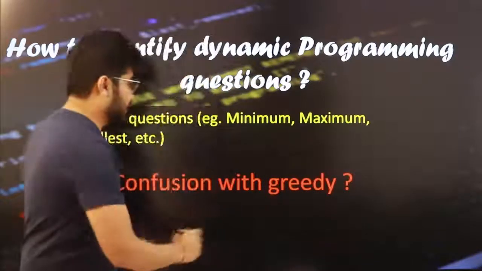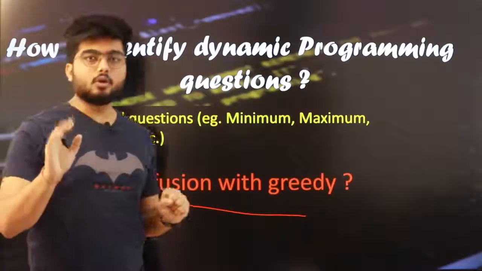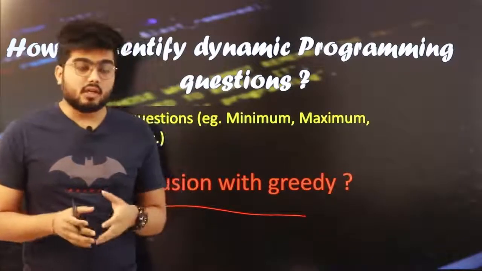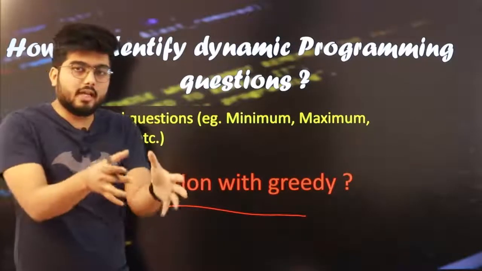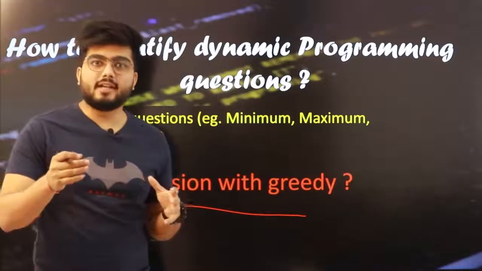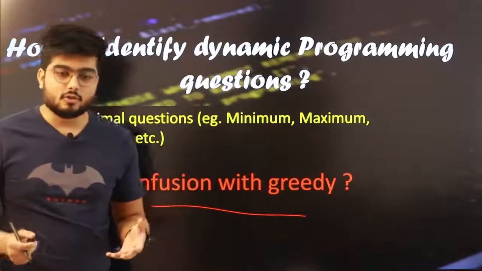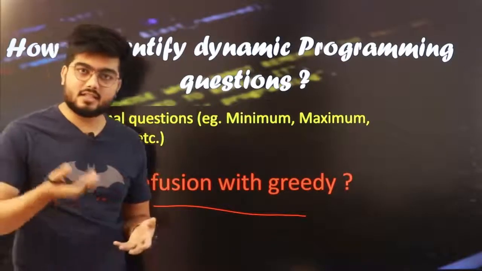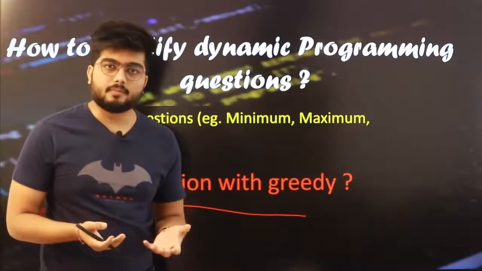But wait, एक लाल के अंदर जो बहुत catchy सा दिख रहा है, that's confusion with greedy. For people who don't know greedy, you don't have to worry. Greedy is just another algorithm, another way of solving problems. And as the name suggests, greedy, what you do is basically you take the maximum value from it. Suppose you have to find the largest pizza, how you will start? You will start by taking the largest slice of that pizza. तो वैसे ही जो चीज approach use करते हैं, it's greedy. So that also deals with the optimal question.